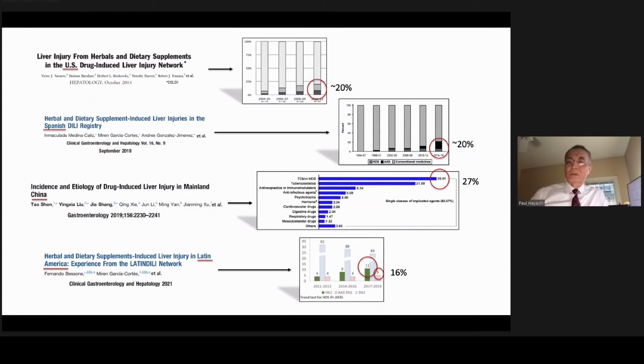So part of the reason I bring this up is that in my new job at the FDA, I have come across this where I'm asked to look at cases within a trial, and there's actually no mention of herbals as a pertinent negative or pertinent positive. Or sometimes there is mention, but there's very little detail. I get lists of medications, but the herbals are hardly mentioned. And I think it is a problem because I'm left to decide whether there was a background herbal in that case, and I have to assess whether it's due to the study drug or not. So I think this is worth mentioning.